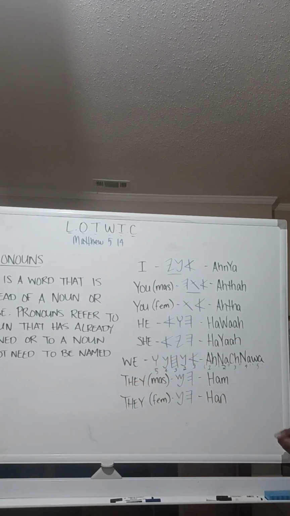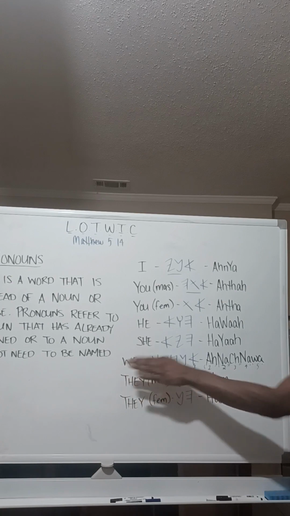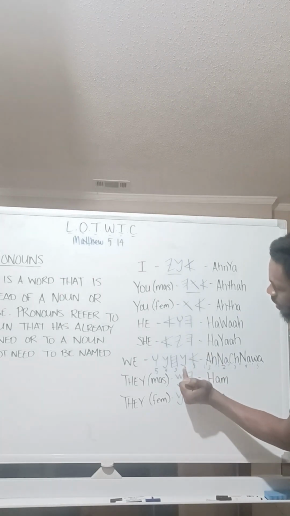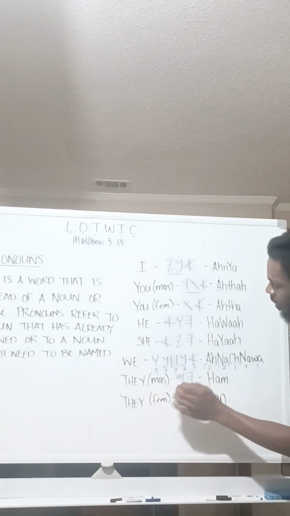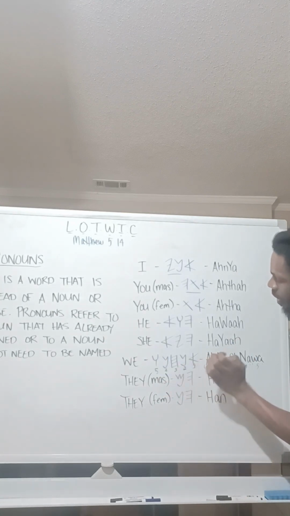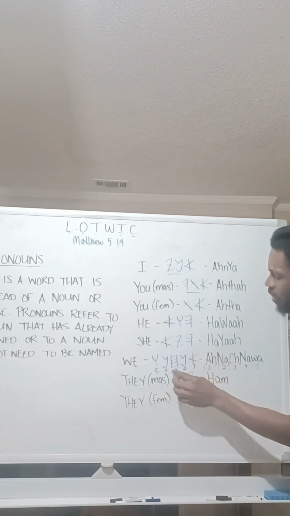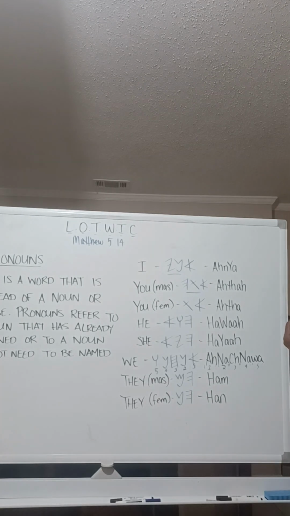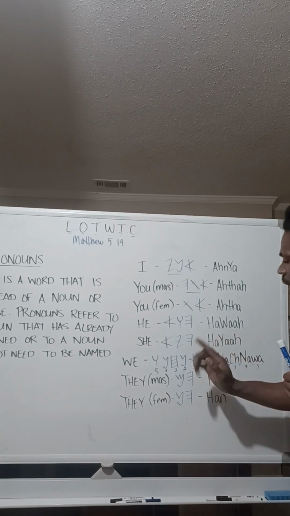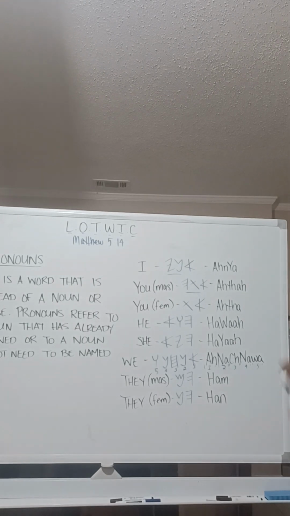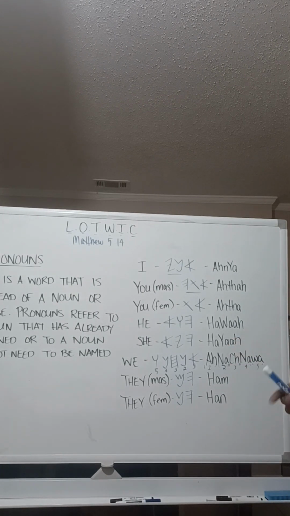Let's go down to they. Well, I'm sorry, anak nawa. I just want to finish up. We have the ah. This is the na. Number 3 is the ka. And number 4 is the na. And number 5 is the wa. Anak nawa. And you must pronounce number 3 from the back of your throat. It's not ka, you must pronounce it like you're almost about to spit. And you must pronounce that because you could get characters mixed up.